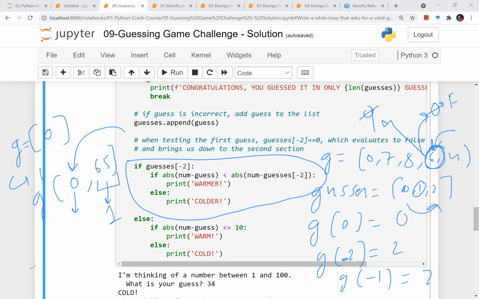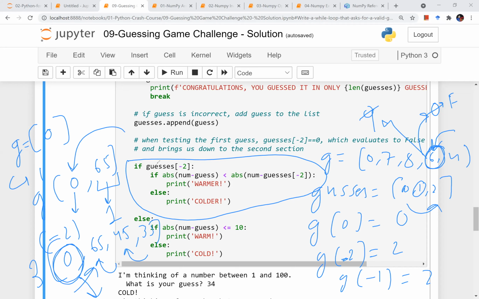Otherwise, for the third guess, 0, then 65, then he said 45, then the present one is 35. So now -2 will be 45. Before that, -2 will be 65. But only for the first number, -2 will be the index of the 0 thing, and it will be 0. It will be false, right? So we can use this logic.